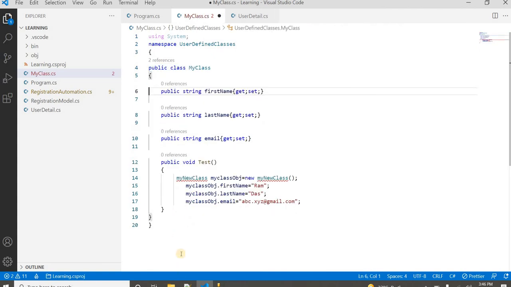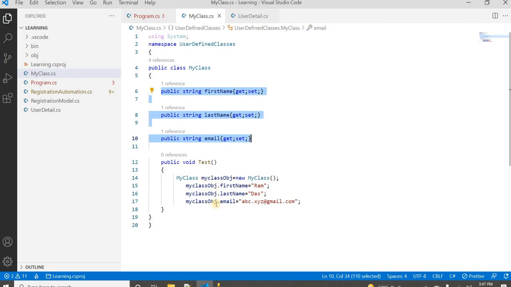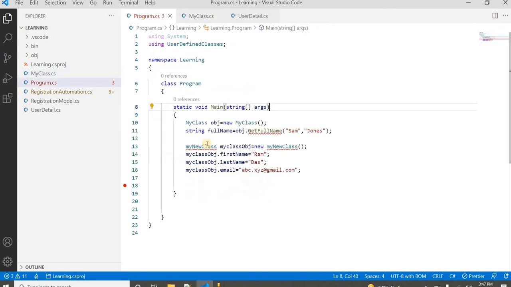Okay. Now in my class I have three variables and I'm using them. Even here I need to modify, because now we are using the object of my class. We have removed this particular class.